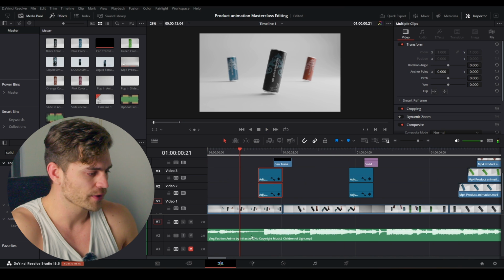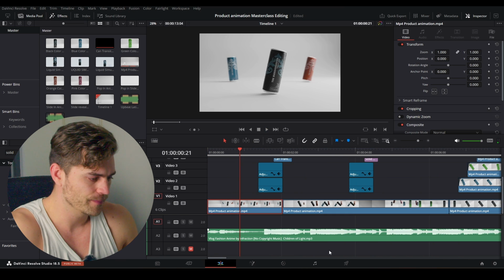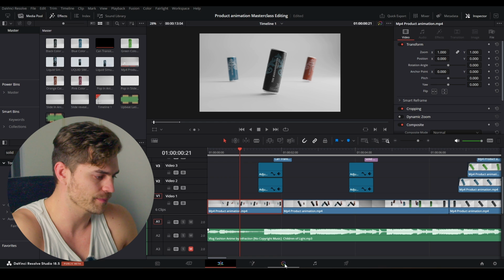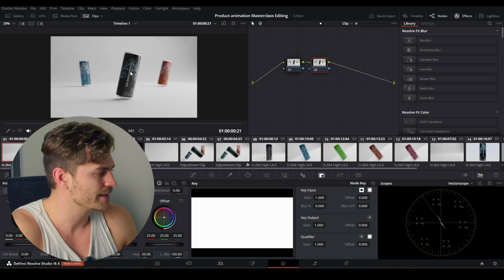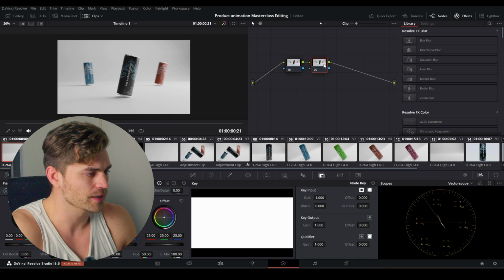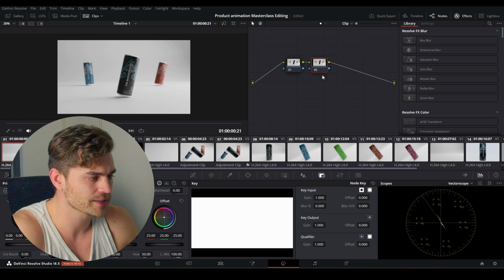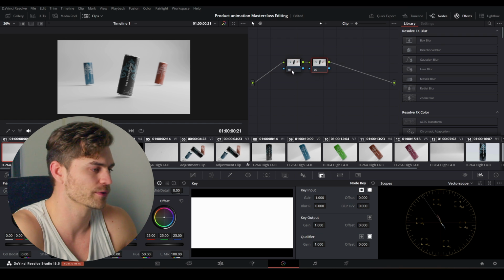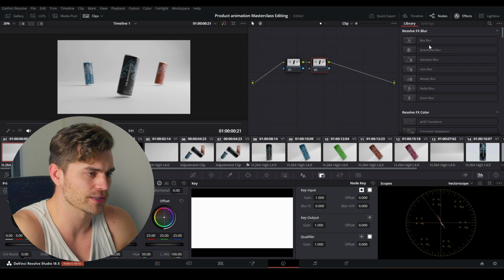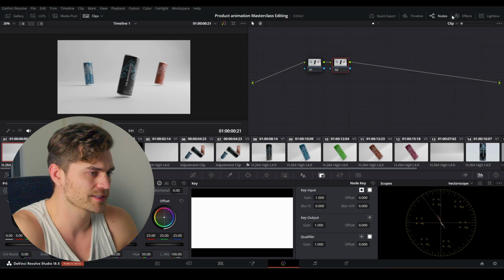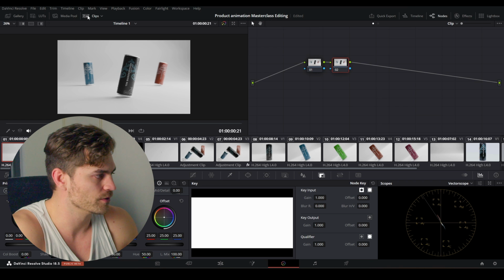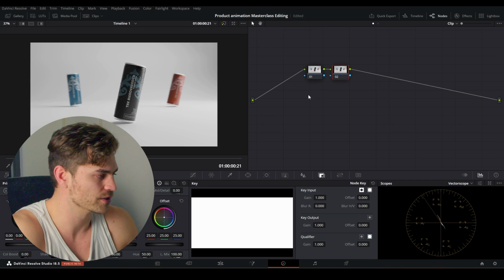So right now I'm heading over into the color tab. I'm going to select this clip, click on this icon right here. It's a painter's palette. And right now I think this is a bit too non-contrasty. So I'm going to make a new node, Alt S, and this will be a new node. So this kind of works the same as in Blender. It's just a node network. And right here we've got our effects. These are the nodes. You want to have this clicked. And these are our clips. I'm going to unclick it because I like more space so we can zoom in.